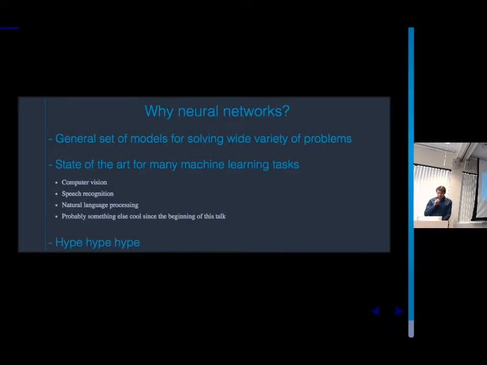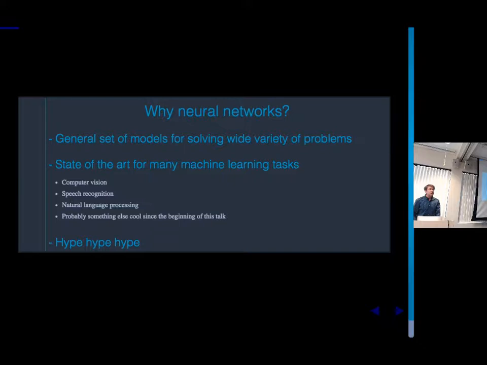So why are we interested in neural networks? At the most basic level, they're just a very general class of statistical model. So you have some data, and you maybe don't know exactly what functional form, what probability distribution your data comes from. Neural networks are just a way of encoding a very wide variety of models and learning interesting statistical patterns in your data. It's a very superficial explanation.